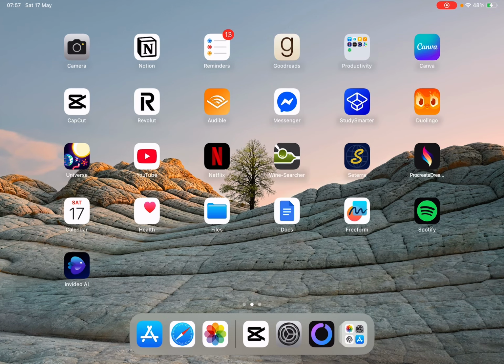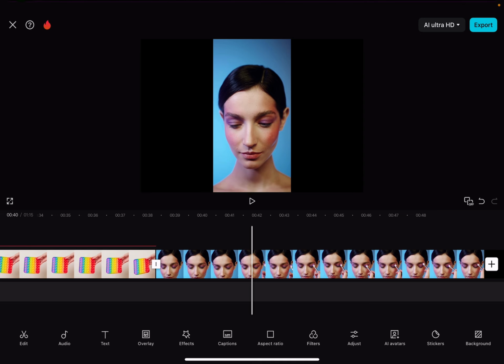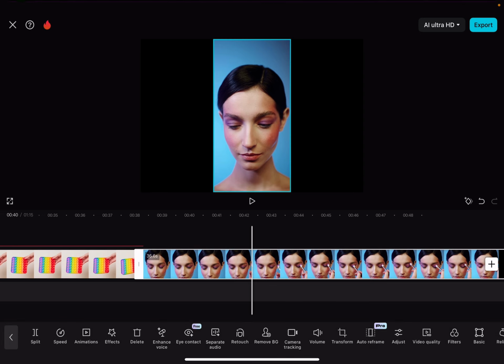Hello guys, in this video I'm going to show you how to use the mask tool in CapCut. So to do that, it's quite simple. You just have to open up the application, then tap on the video where you would like to apply the